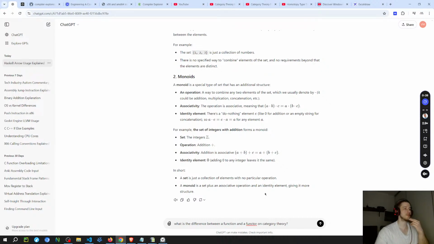Okay, so I think I understand what it means. I understand it on the simple example, but I'm not sure if I understand it in the abstract sense. Intuitively you understand, for example, a set of strings, and then you have an operation that defines transformations inside of the set. That's what a monoid is.